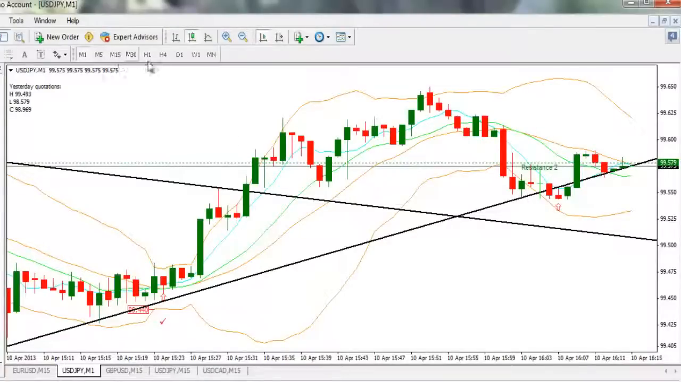Now, the same thing works for other expiries. The higher the time frame, it just looks like the longer the trend lasts, which is critical if you want